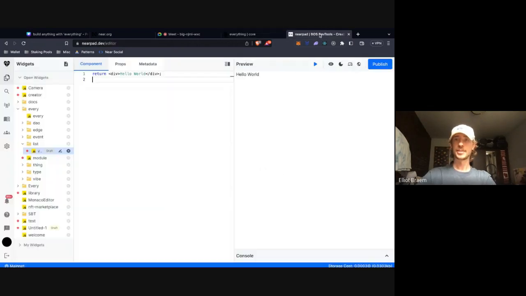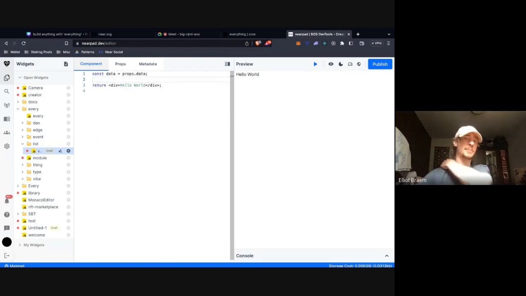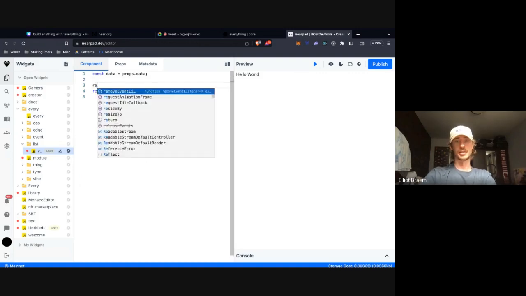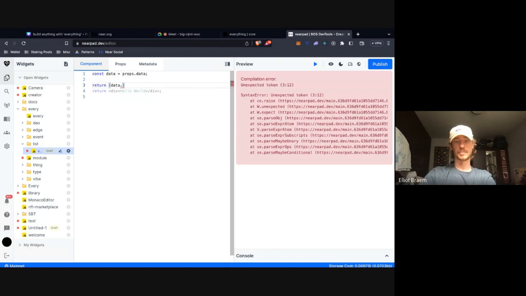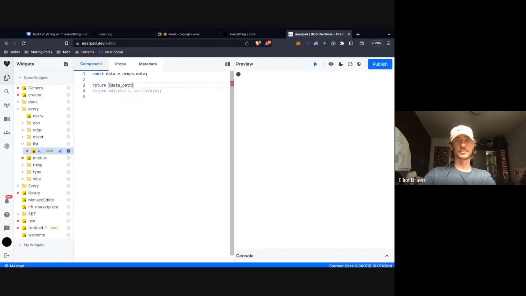We need a template, so I'm going to create a template really quick. I know that data is going to come in as props.data, and that data is going to look like data.path map. This path equals data.path.